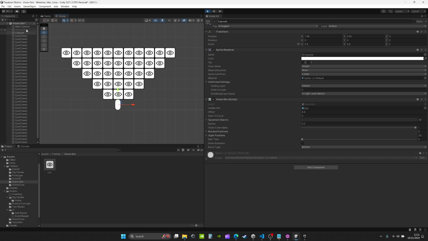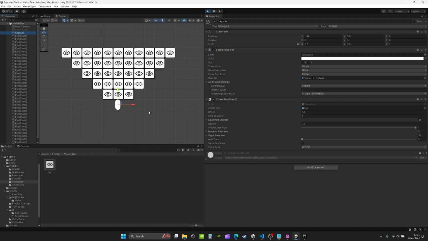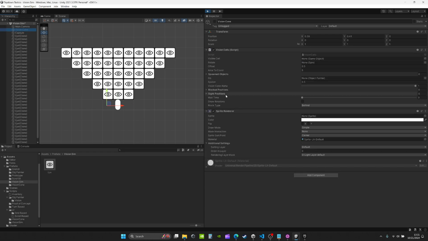Likewise, unlike the previous scripts, this one is self-contained. It doesn't communicate with a script that tries to rotate the mouse and change the direction the vision cone is facing and update it. It's all self-contained and under 200 lines of code, which is a far cry from the previous updated script, which was the Vision Cells,